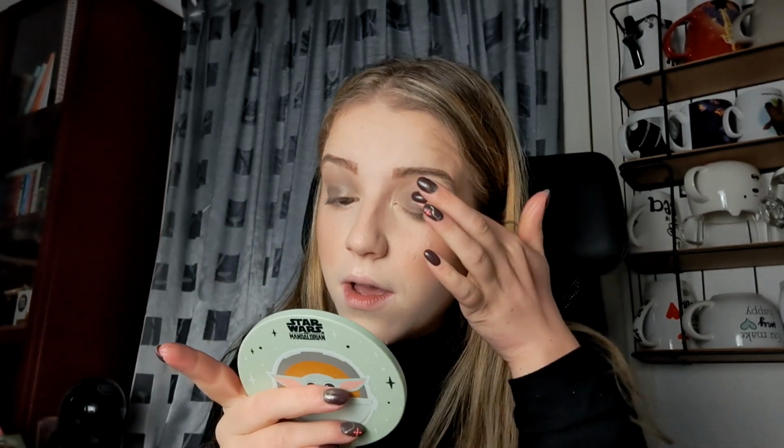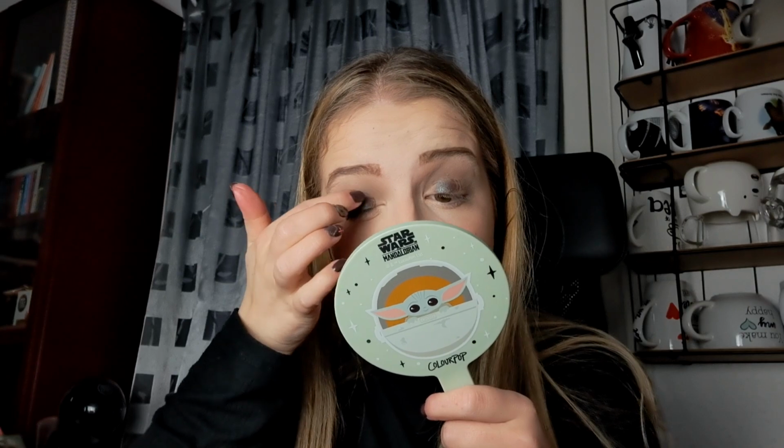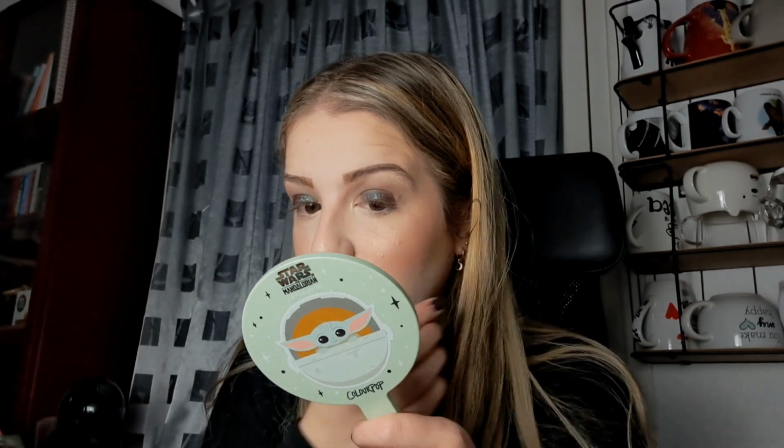And I'm gonna put that all over the lid. Also in the outer corner, because since I'm working with different metallic shadows today, we need it everywhere. And now I'm gonna take the shade Peacock on my finger and just put it on the eyes. That's really pretty. It's a really pretty shade. It's very dark, but I kind of knew that. That's nothing new, but